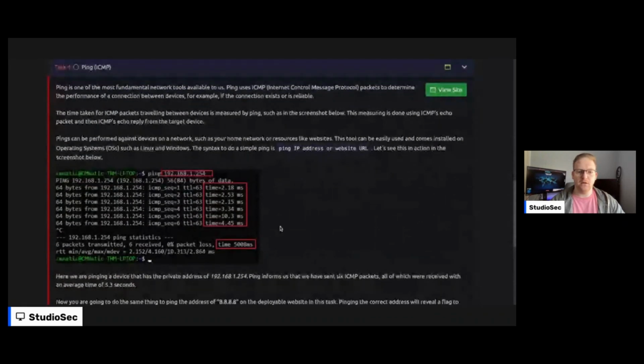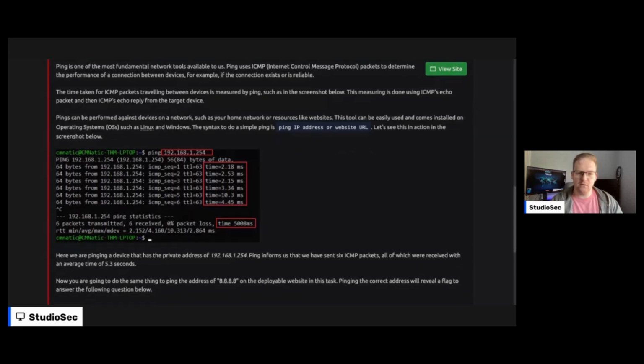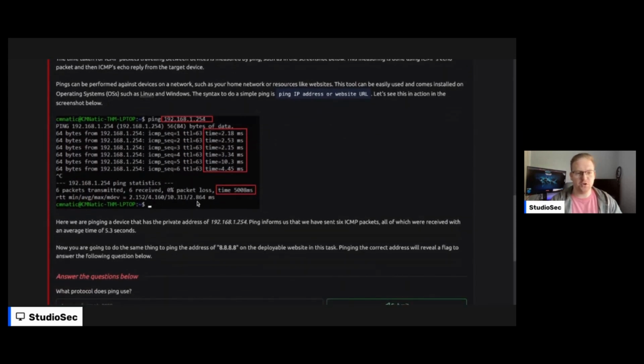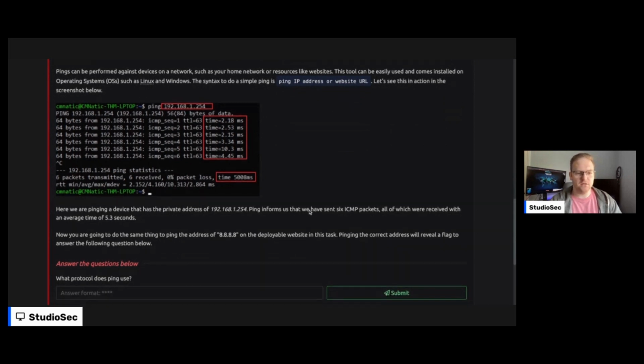So ping, and you probably know what ping is, but if you don't, super cool, you're in the right place. It is one of the most fundamental tools available. It lets you check if a device is up, available to the internet and responsive, or if it's down or not responsive. And it'll show you how many packets it receives, how many are lost, and how much time it takes to respond.